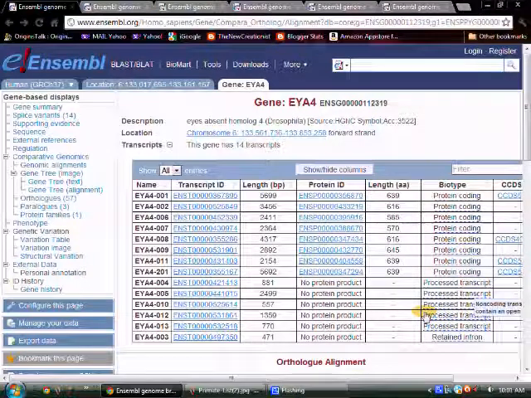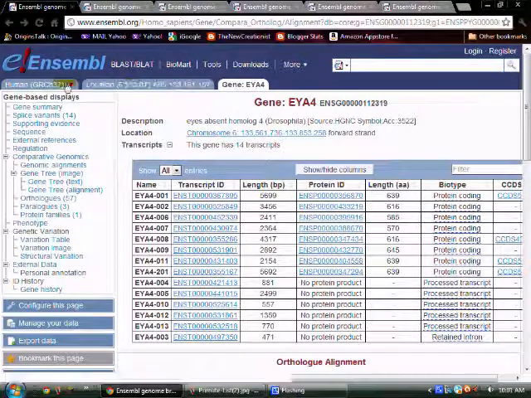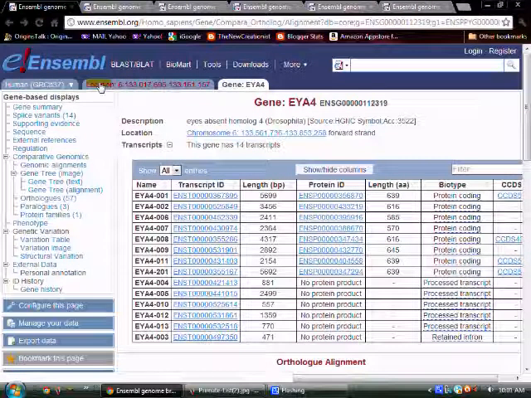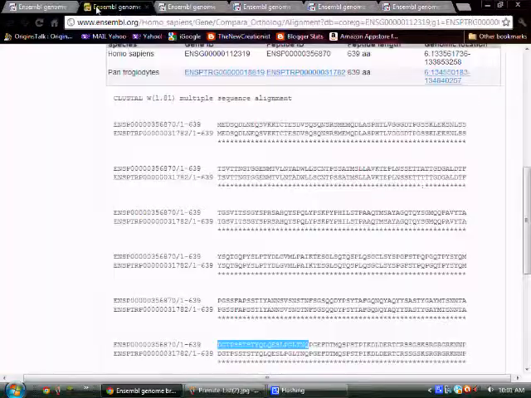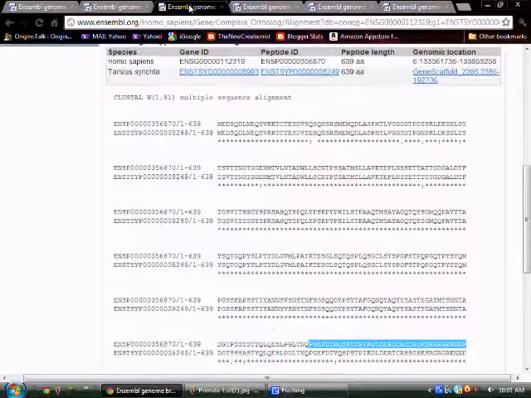We're going to take a look at the EYA4 gene in the human genome on chromosome number 6, and we're going to be looking at the amino acid chain for the protein chain for this gene. There's 639 amino acids in the protein chain, and here on this line we're comparing human to Pan troglodytes, and I just want to bring your attention to this particular line of amino acids, and here we have the same region